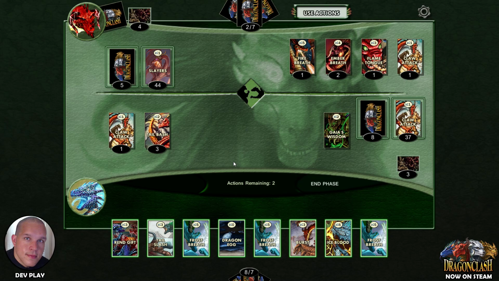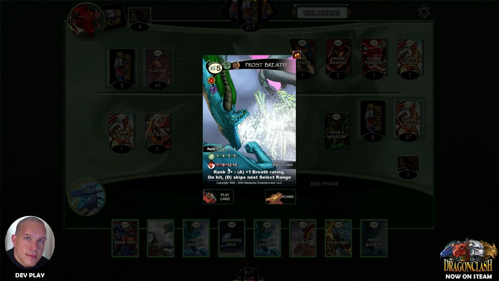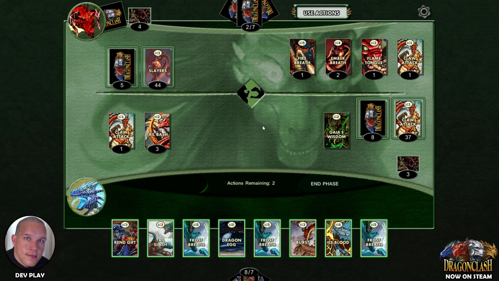Now I could go full-blown Frost Breath here. Frost Breath does a ton of damage. You also see at rank 3 I get +1 breath, so that would help me pump up my breath attribute as well. I get +1 breath whenever I attempt the attack, so instead of a 1 I'd have a 2, naturally. It would take me a few turns though, a couple turns. Even if I did 2 Frost Breaths this turn, I'd have to wait to do my 3rd one next turn, so...